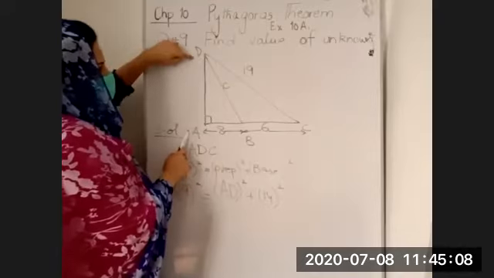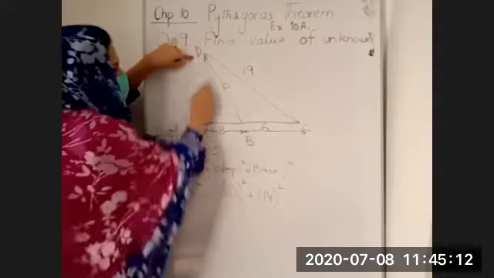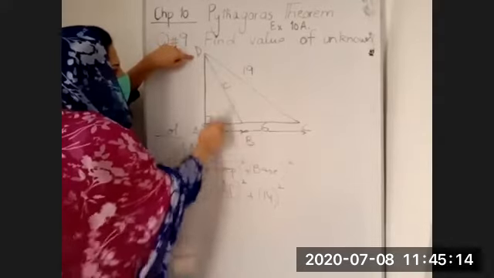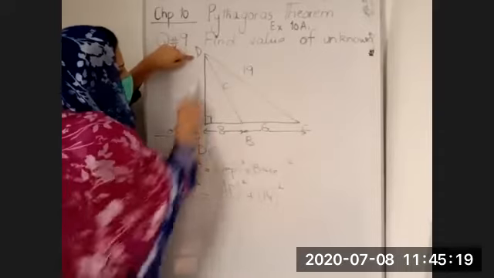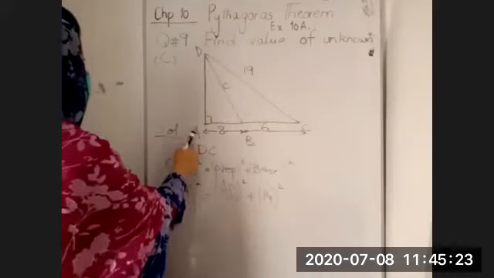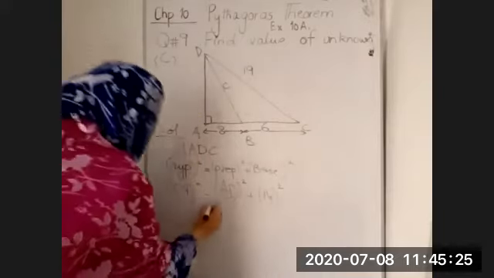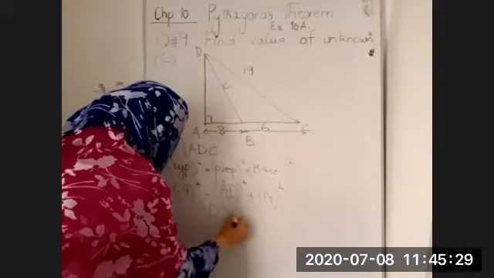AD की जब value आ जाएगी, then you will take the triangle ADB because this is the right angle triangle. ये वाला triangle नहीं आप ले सकते क्योंकि ये right angle भी नहीं. Next you will take the triangle ADB. By finding out the value of AD, you can take the triangle ADB. यहाँ से कुछ steps missing है वो आपने खुद complete करना है.